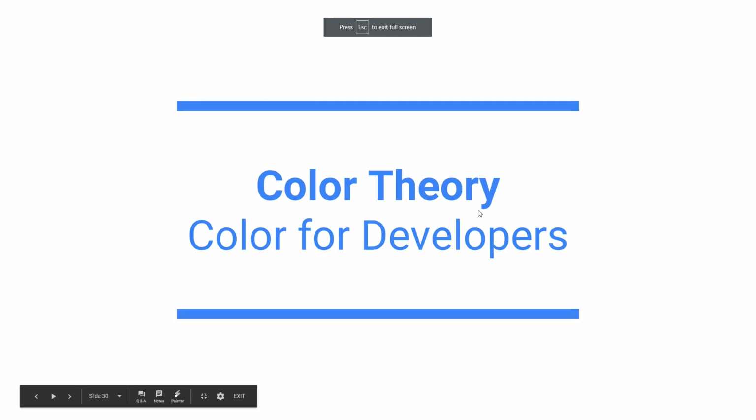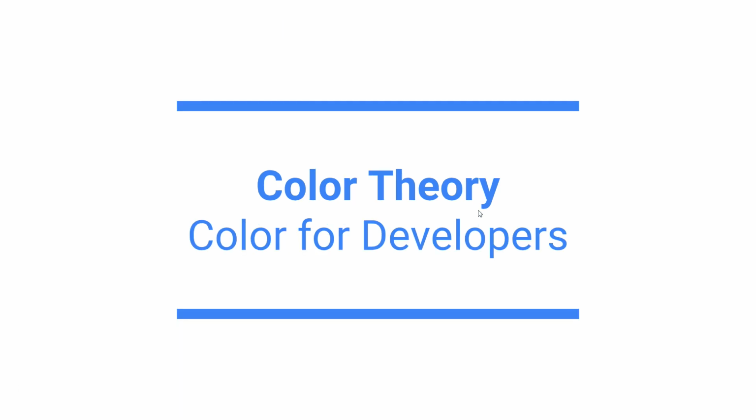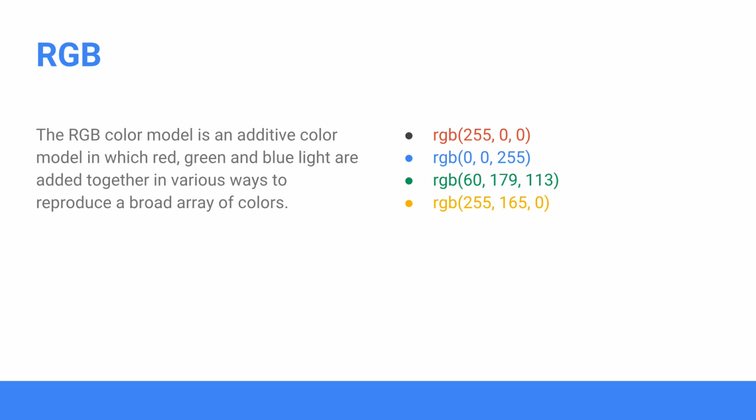And then we have color theory, color for developers. Yay. Now we finally get to where we can actually start using color as developers, right? So you're probably familiar with color using the RGB color model, which is an additive color model in which red, green, and blue light are added together in various ways to produce a broad array of colors. So, for example, because it's RGB, you could represent red with 255 units of red and 0 of green and 0 of blue. The thing about RGB is that